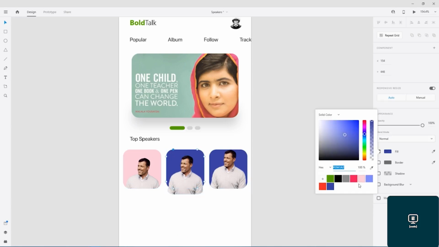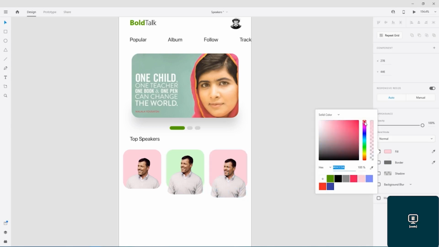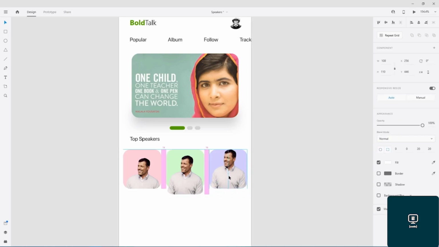Okay, this one is changed to the same, but the green is chosen for this one, like that. And finally this one, like this, but the color blue is chosen for it. Okay, very well. I return it to where it was,